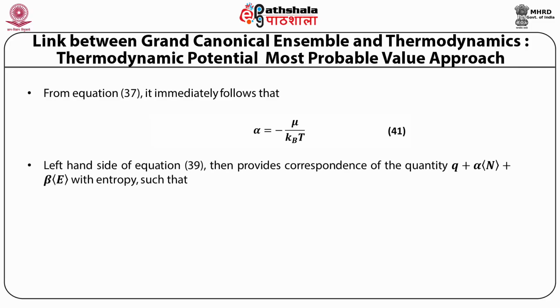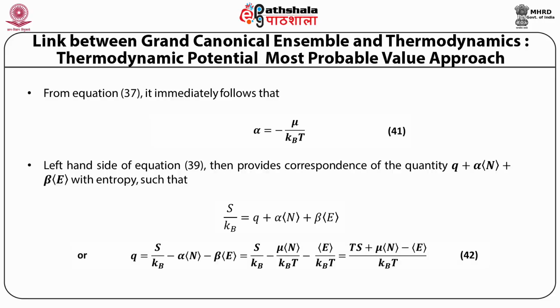The left-hand side of equation 39 then provides the correspondence of the quantity Q plus alpha multiplied by the mean value of the number of particles plus beta multiplied by the mean value of energy with entropy, such that S upon kB is equal to Q potential plus alpha times the mean value of the number of particles plus beta times the mean value of energy, or Q is equal to S upon kB minus alpha N minus beta E,